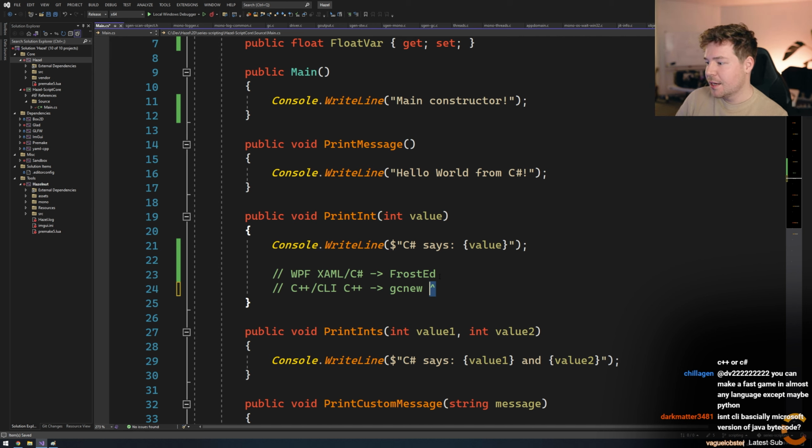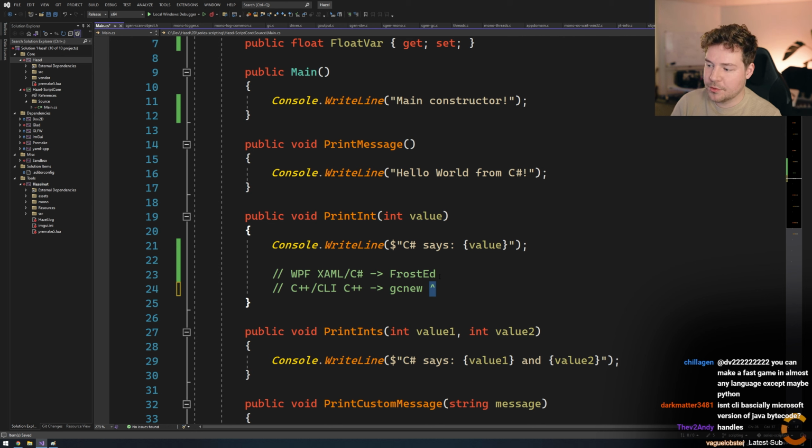I don't know exactly what they're called, but they're kind of like garbage collection references, or managed references. I haven't written that language in a while. But yeah, it's kind of cool, right? Yeah, handles. I guess handles is what I was recalling from memory.